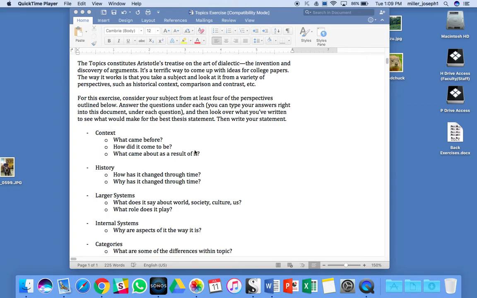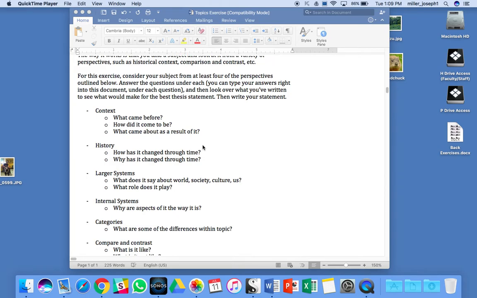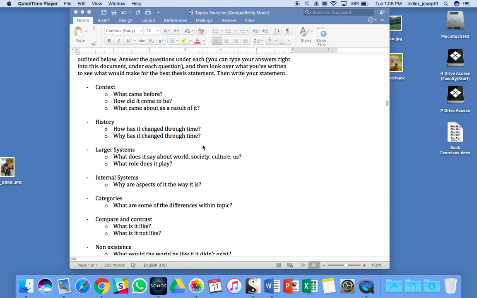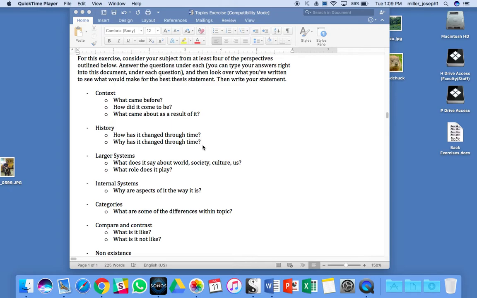So this is just an exercise that allows you to look at your subject from a variety of different directions and see if those provide leads that you can explore in your own writing, whatever assignment you might have going for you. So I'm just going to quickly do a couple of these myself and see what I come up with, just to show you what I'm looking for. Your assignment is going to be to do this exercise on 4 of the different perspectives that you can look at a subject from. I don't know if I'm going to do all of those, but I might do a little bit of each, but let's just go ahead and jump in.